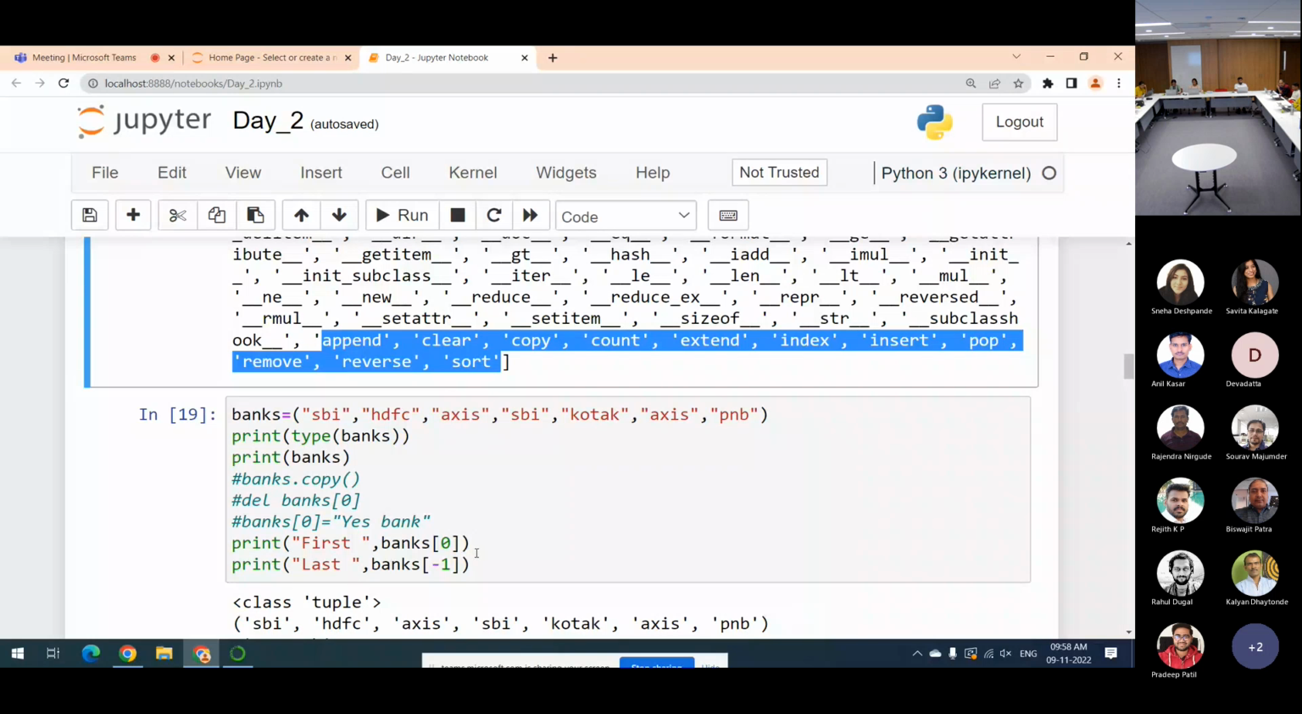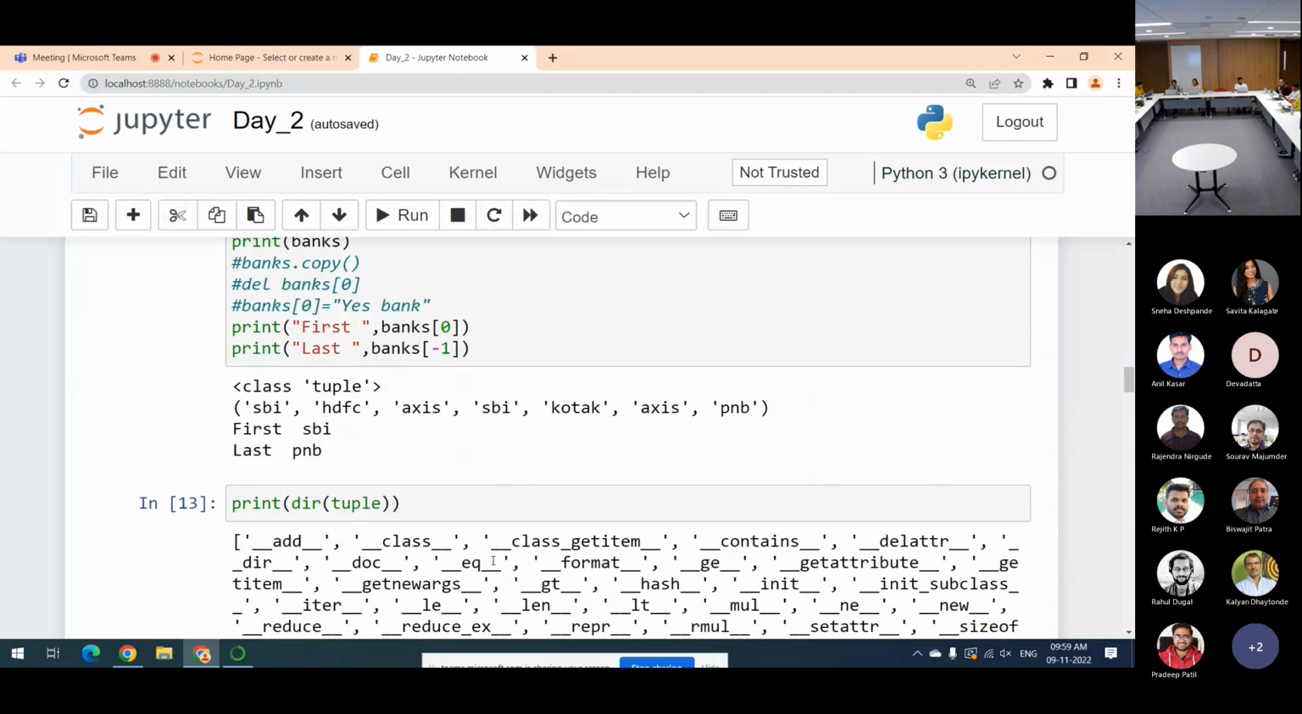All you can do is just use the index and slicing operator on it. And you have got only two functions, count and index. These are the only two functions that are available on tuple. The next thing what we saw is